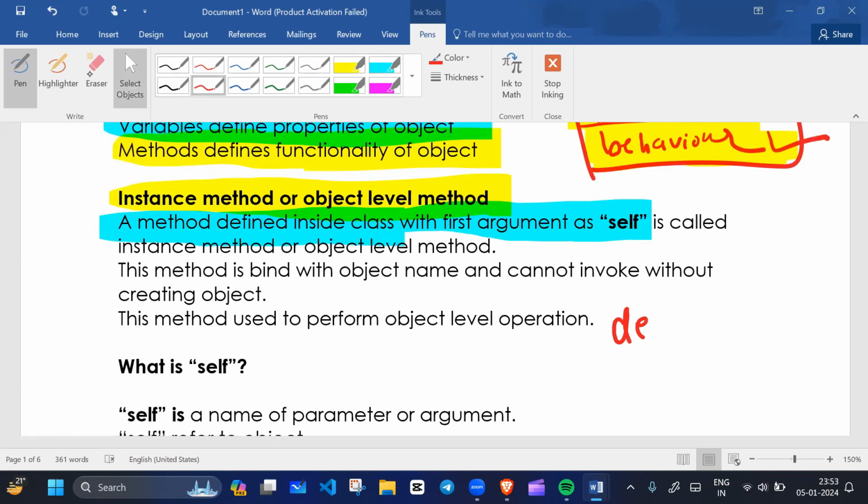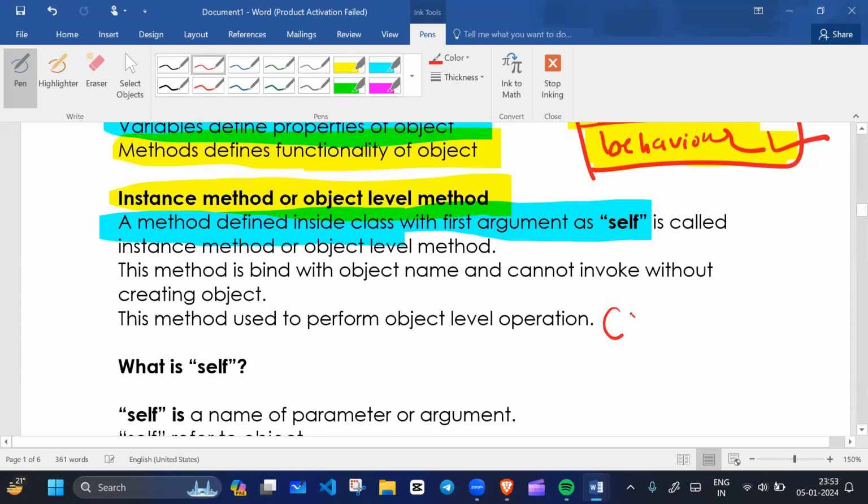How can we create a class? In order to create the class, you write the keyword class. After that, you write the name of the class like Car, then a colon. Now be careful of indentation, and here you write.